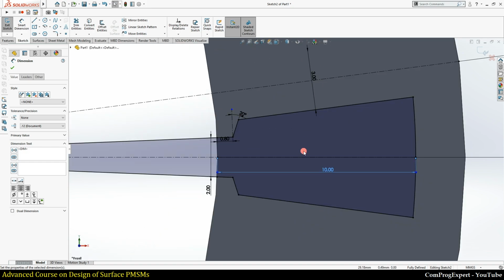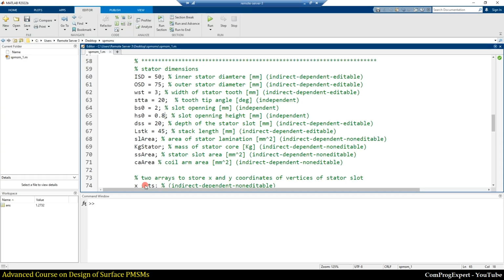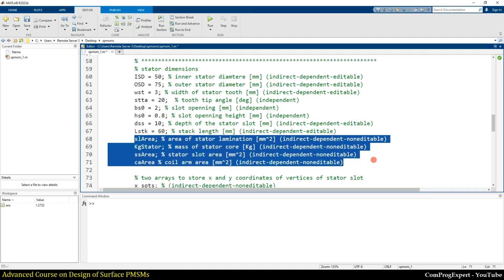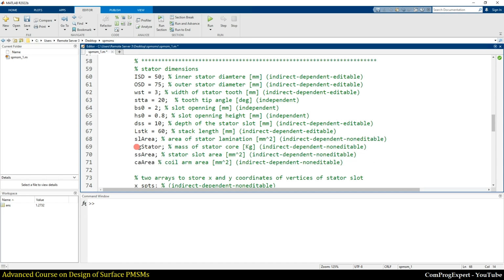Okay, this is the depth of the stator slot. The stack length is 60, and we have these parameters that need to be calculated later: the stator lamination area, the weight of the stator slot area, and coil arm area.